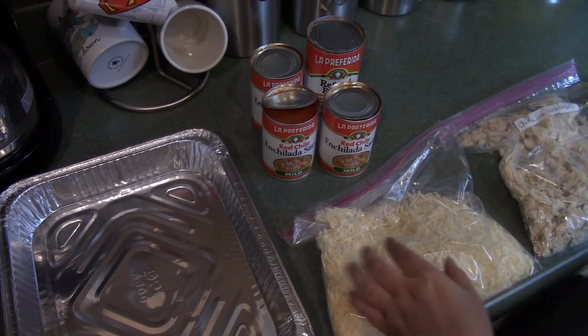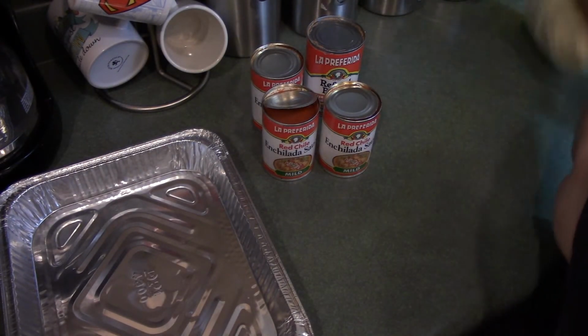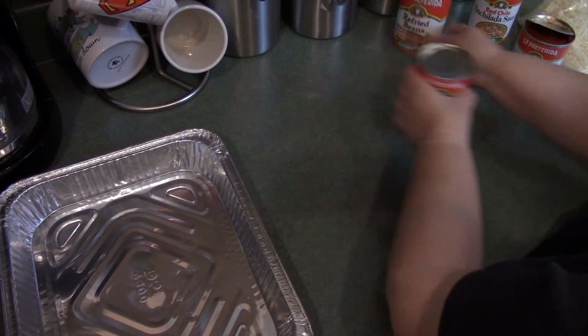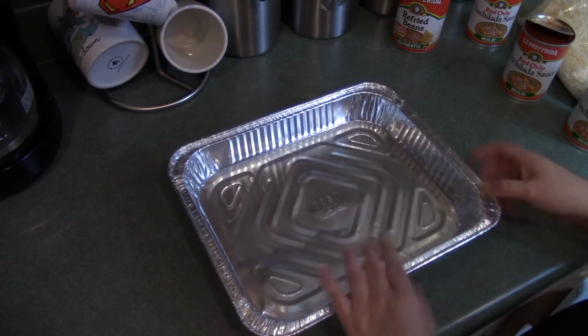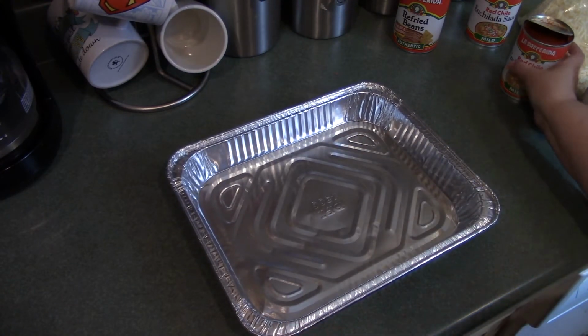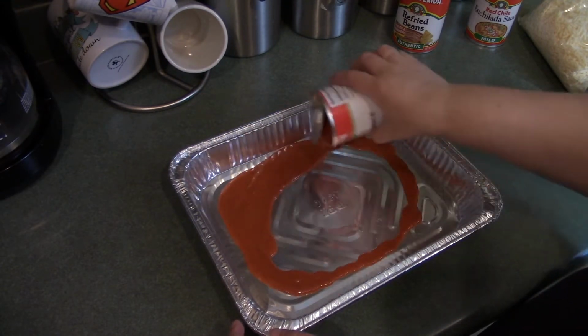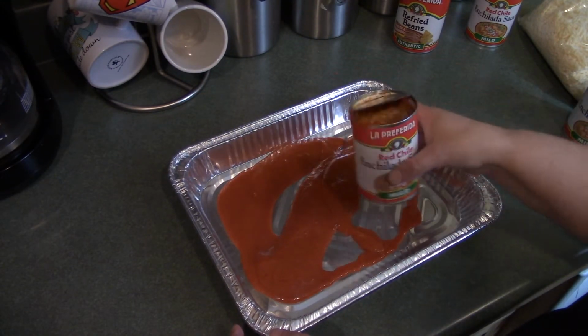So let me get started here. I'm going to move this stuff out of the way. So the first thing I am going to do, and I'm using a throwaway pan. Again, this is going to be easy dinner. I am not trying to stress and have too many extra dishes, so I'm going to put a little bit